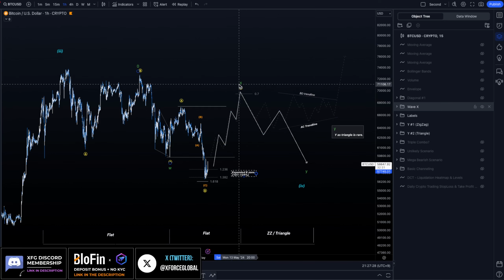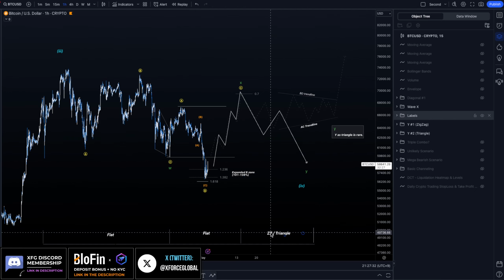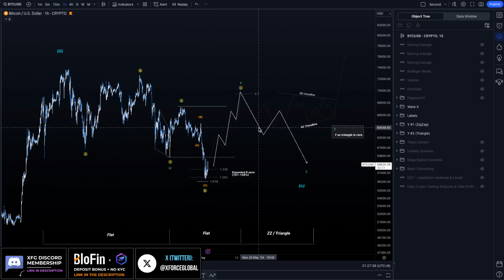And then we're looking for that X wave to conclude for another sideways movement, either as a zigzag, or that is the ideal one and the most common one that we're going to be looking for. As our first structure is a flat, we're looking for a zigzag, flat, or triangle, as we can see here. But again, the most common one that we want to be looking for is this wave Y completing as an